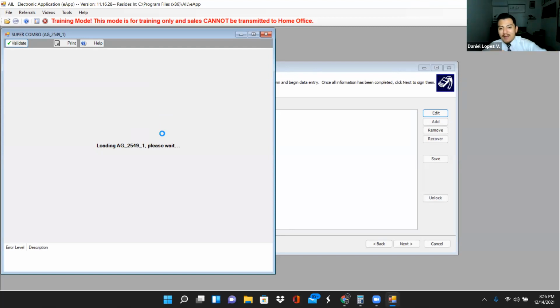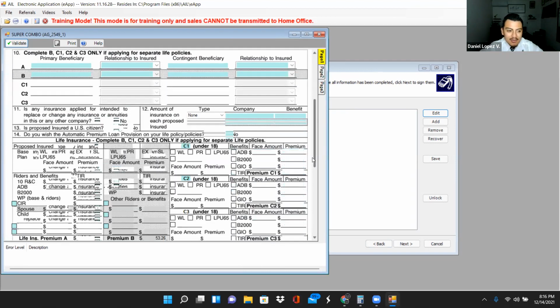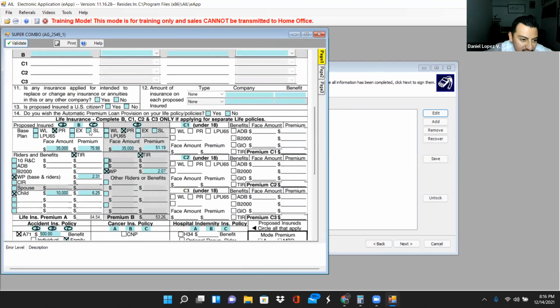Let it load. This is where I'd rather do everything in needs analysis because it's very slow. So only go in here if you need to have select numbers. And that's when you see the little boxes. This is insured A, insured B, insured C. So insured A is the primary, has its own little boxes. Insured B has its own little box. Insured C are the kids if you're going to sell Head Starts. You go to select life, 120,000. Always mark TIR, that's terminal illness rider.